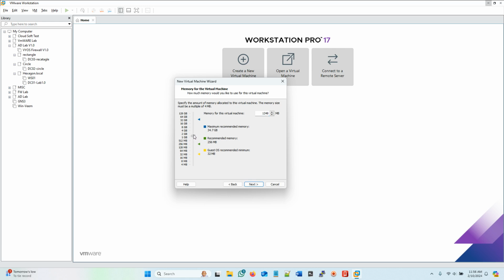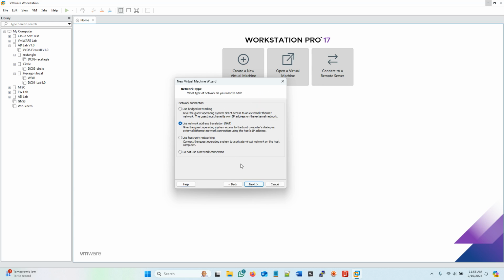I'm going to increase the RAM to 2 GB, 2048. Next, and we actually have to create 4 interfaces here. The first interface is going to be the internet interface that is directly bridged to my laptop's network adapter. And there are another three interfaces for hexagon.local, circle.hexagon.local, and rectangle.local. So I'm just going to say use bridge network, but before I create and start the virtual machine, I'm going to create another three interfaces. So go next,